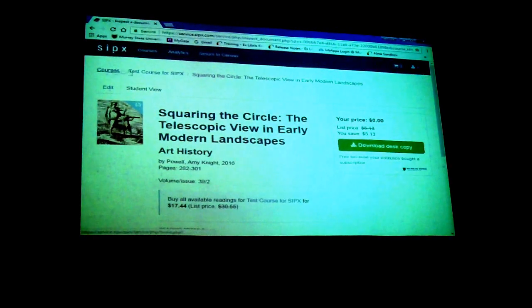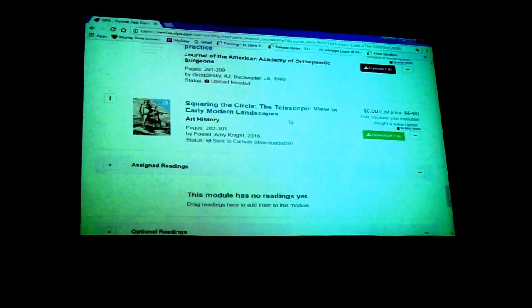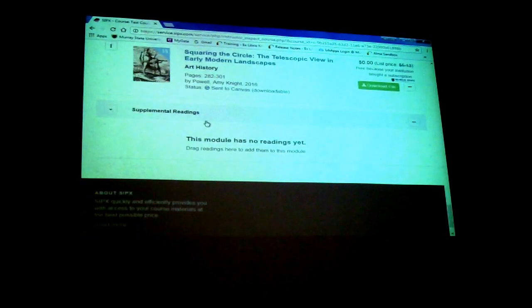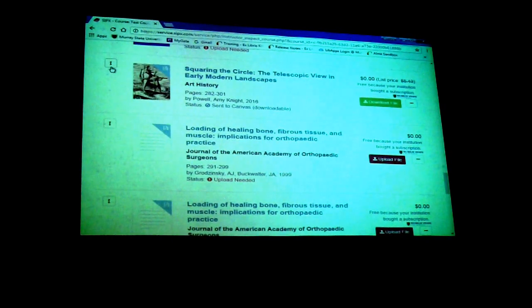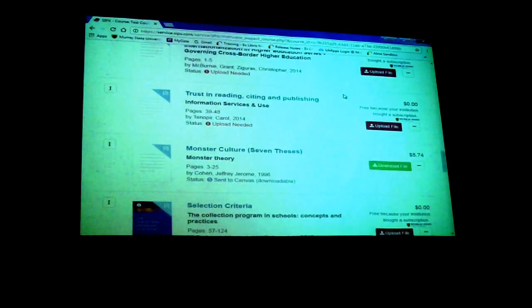And so when we go back to my course, well, I probably have 12 copies of this, but you can move it easily with this little button over here to assign readings or optional readings, supplemental readings. After you get all your readings in here, you need to make sure that your modules are published. We have other examples where